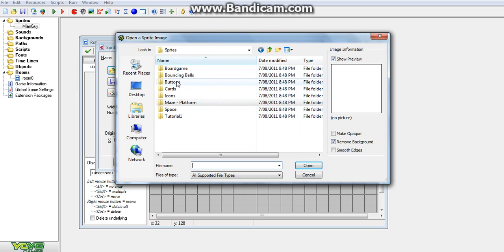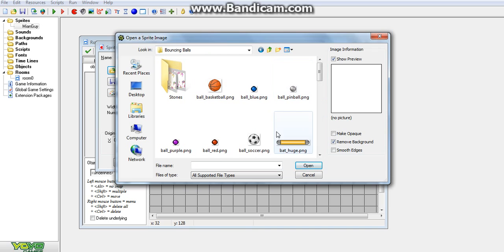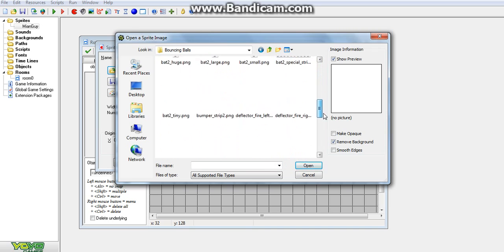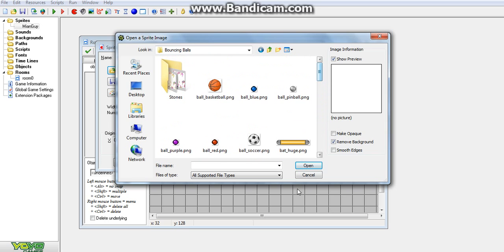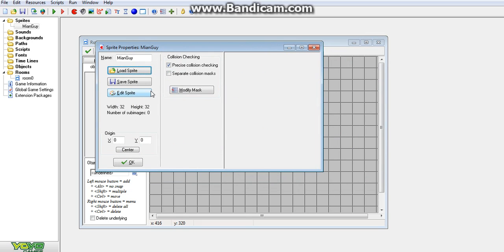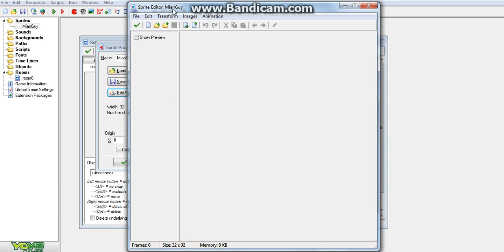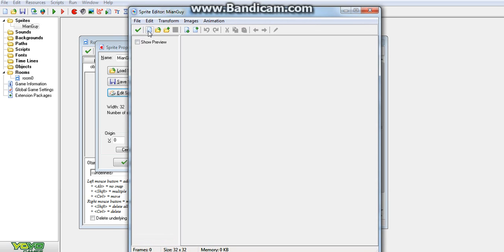They have a lot of pre-saved sprites in here. So you can go to bouncing balls and there'll be a lot of bouncing balls and other sort of sprites which you can use. And feel free to use any of these, they're all easy to use and fine. But what we're going to do today is go to edit sprite, and it'll come up with another menu, and we're going to go new,